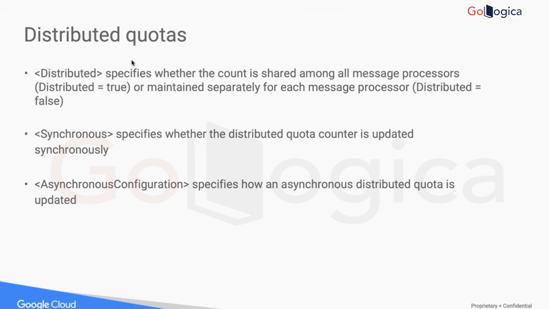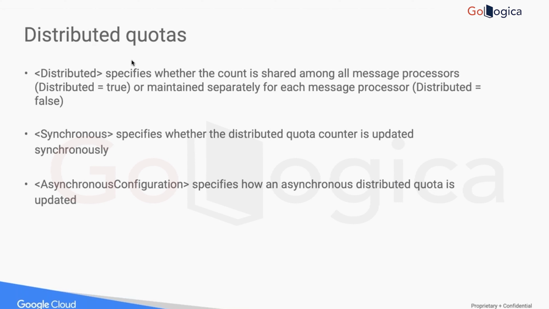So there is a synchronous flag or synchronous tag available, which will do those things. And then, because if you do it synchronously, it will have a toll on your performance. Every time you update your counter, it will take time. So quotas can slow your system. So sometimes what people can do is, you update your counter every 10 seconds or 5 seconds. So then you can have an asynchronous configuration